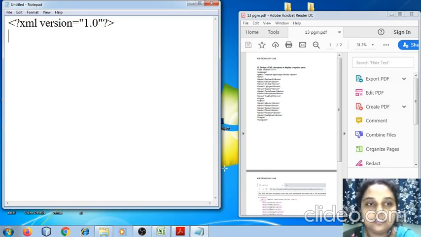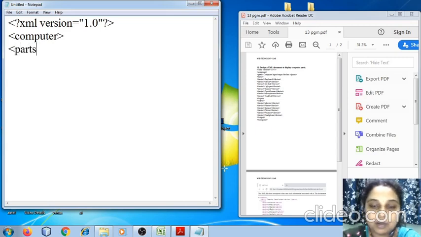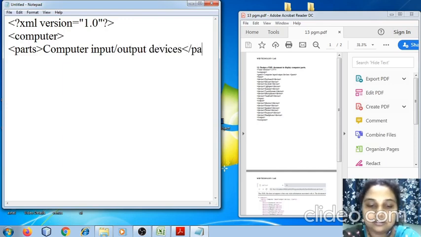Then as we are displaying computer parts, we need to create a tag which says computer, then a tag parts which says computer input or output devices. Right.